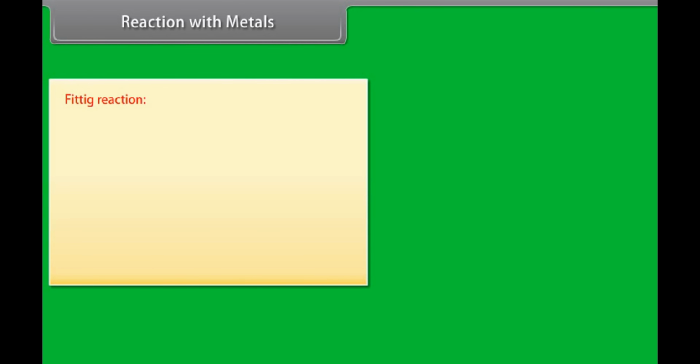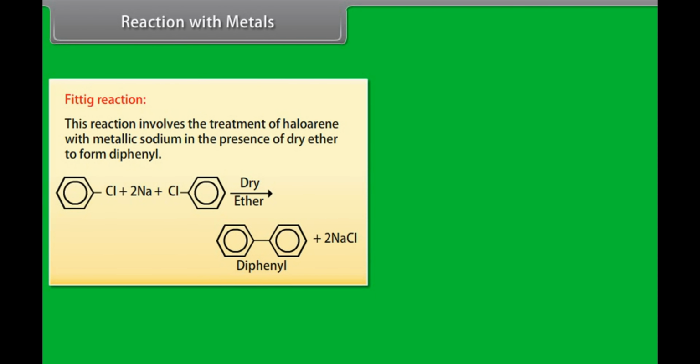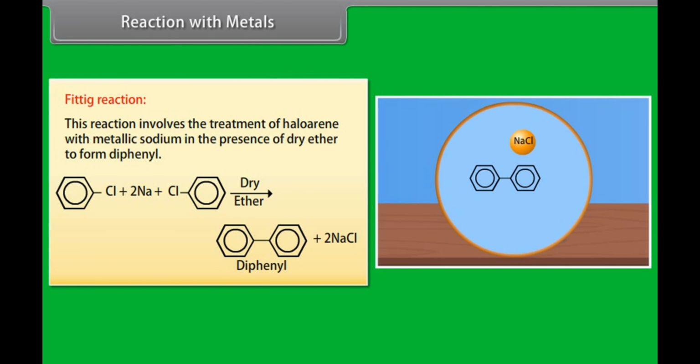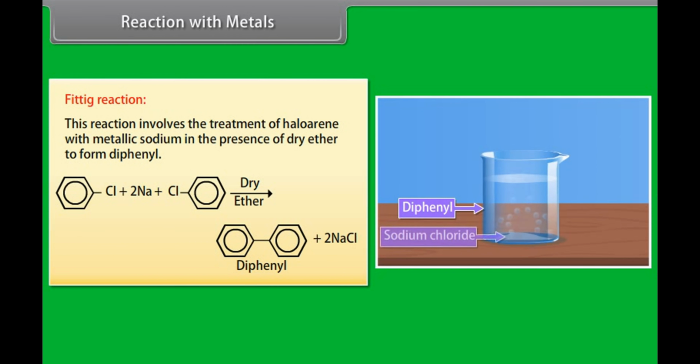Fittig reaction. This reaction involves the treatment of haloarene with metallic sodium in the presence of dry ether to form diphenyl. Sodium is added in the chlorobenzene solution and then we add dry ether, which reacts to form diphenyl and